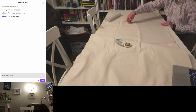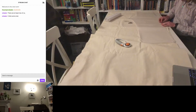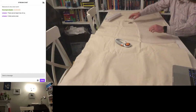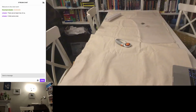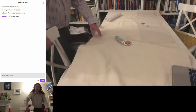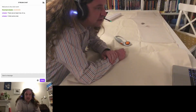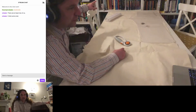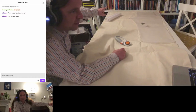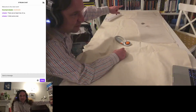I see some activity in the chat. I'm sat at a weird angle, so I can't read the chat, but it's good that you are getting acquainted with one another. I've got the slightly embarrassing thing that having reconfigured the camera, you can all see my book collection, and what you're supposed to do when you're a Twitch streamer is have a shelf full of topic relevant material. I don't have topic relevant material visible on the shelves. The big book you see here is The Making of the Atomic Bomb, which is slightly disturbing perhaps, and then the massive collection of Mac